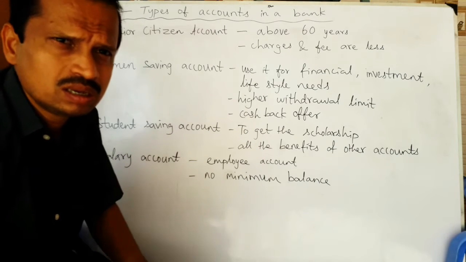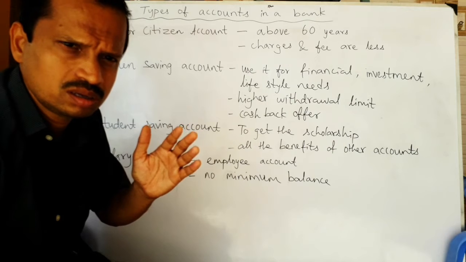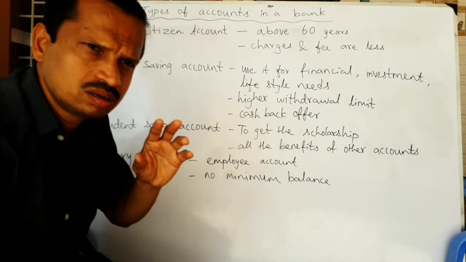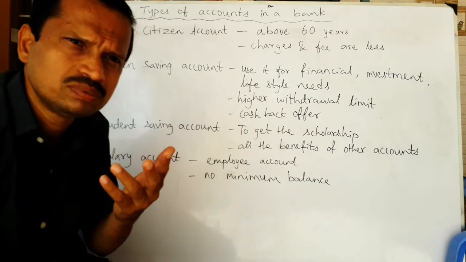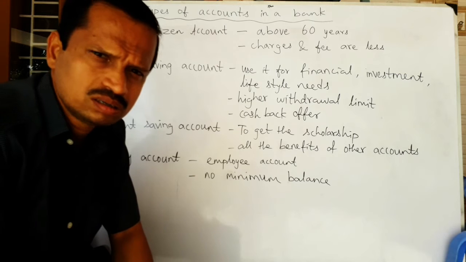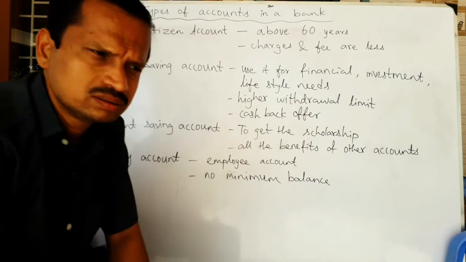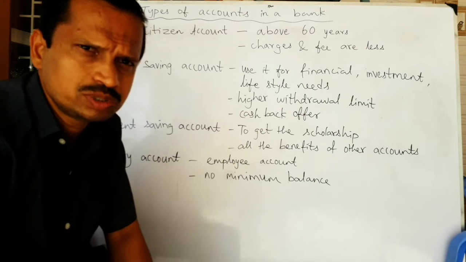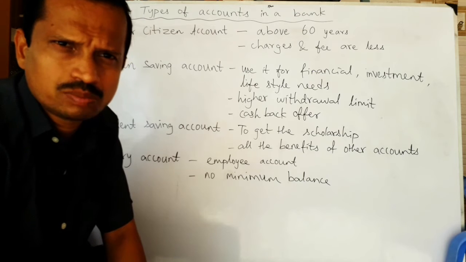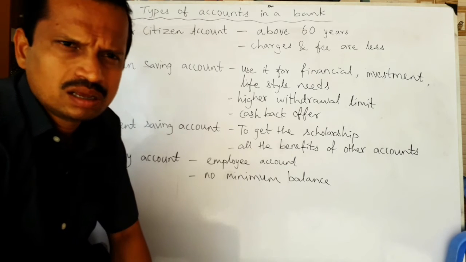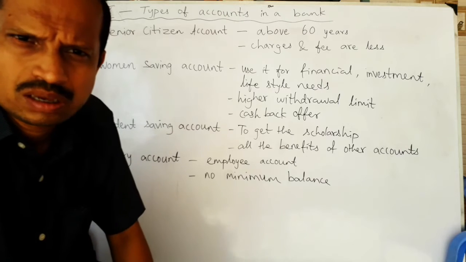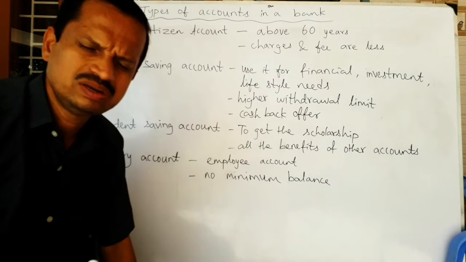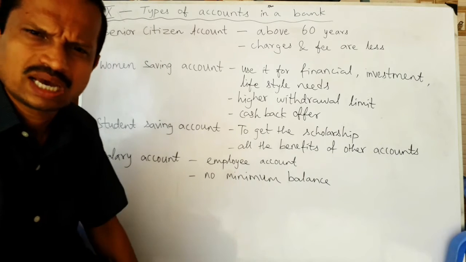Okay, for the SB account, the first one we have discussed, there is some limit, and also some deposit we have to make in the very beginning, because it depends on the area and also the bank. For 1,000 rupees you have to deposit, or 5,000 rupees, like that. The conditions are there, but in a salary account there is no minimum balance. Clear? So these are the benefits, and the ATM card and all other features and benefits are there for the salary account.